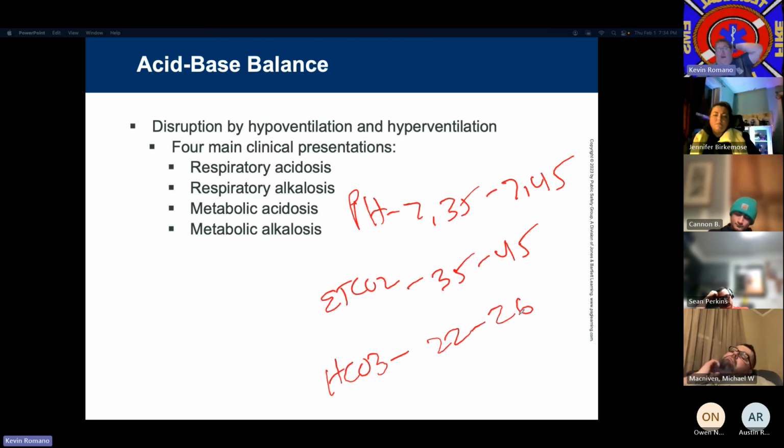Those are going to be your normal ranges. If you don't have those memorized by the end of class, you're not going to do well on your national when it comes to acid-base balance. Having these memorized and utilizing the tic-tac-toe board